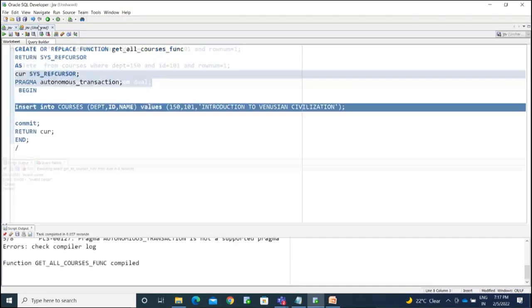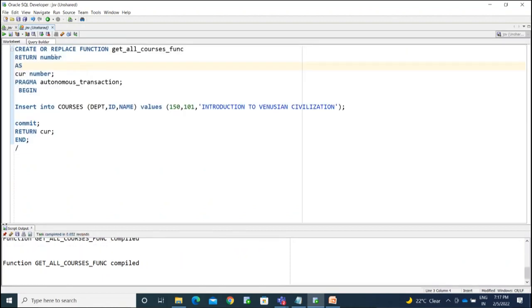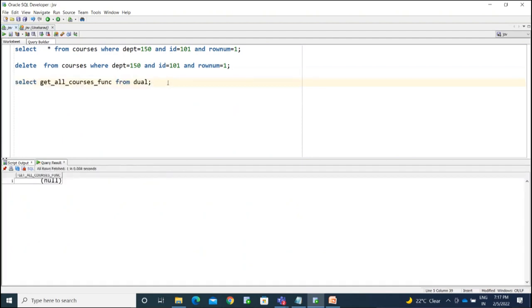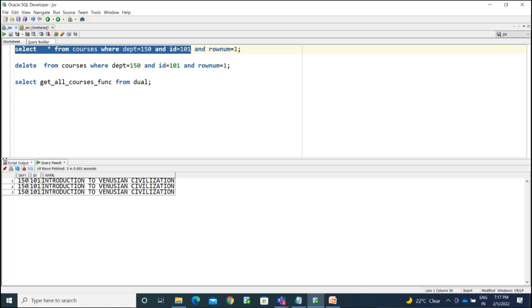Here we are using the cursor. I am changing it to a number, and the data type also number. Change this. Now I am trying to execute this function, returning the value as null because you haven't assigned anything. Now check that in the table. We executed 2 times. Before, by using the cursor also,